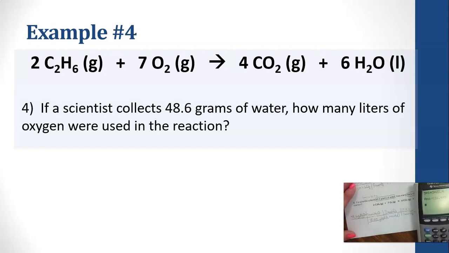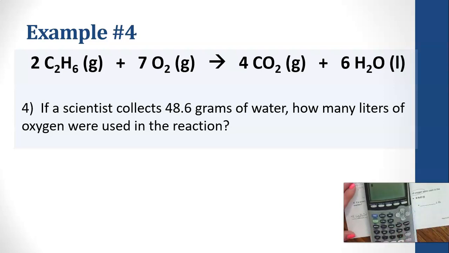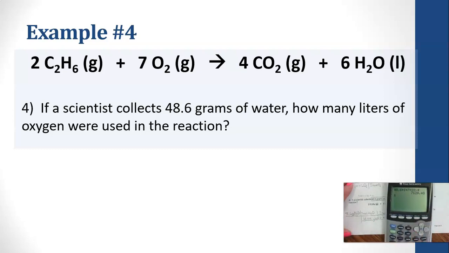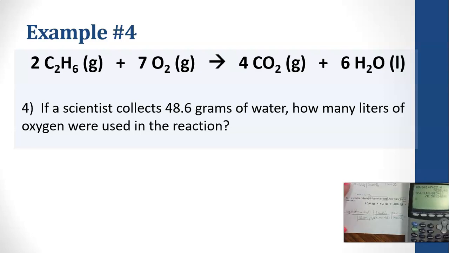All right, 48.6 times 1 times 7 times 22.4 gives me that number. Oh, how about that number right there? 7,620.48. And I'm going to divide that by what's in the denominator. What's in the denominator is 18.015 times 6. Yeah, there we go. So 70.5. 3 sig figs? Yep, 70.5